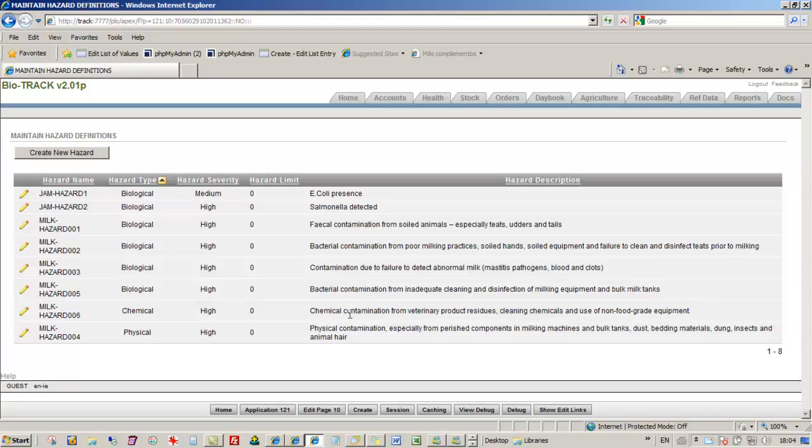You're going to have hazards caused by chemical contamination from any veterinary products. On an organic farm you shouldn't, but it could well be that you use cleaning chemicals, and these could provide a source of chemical contamination of milk. And you could have physical contamination like dust, dirt, bedding material, dung, insects, animal hair. All of these are physical contaminants. But anyway, it's very specific to the kind of farm you're running and the kind of business you're running when you define the hazards. But this is where you define a hazard,